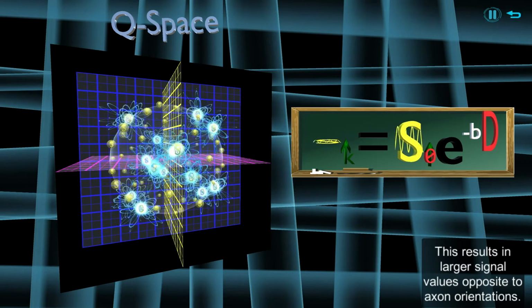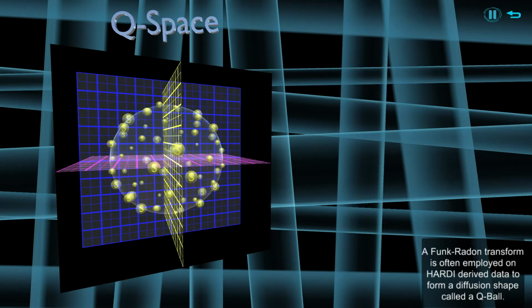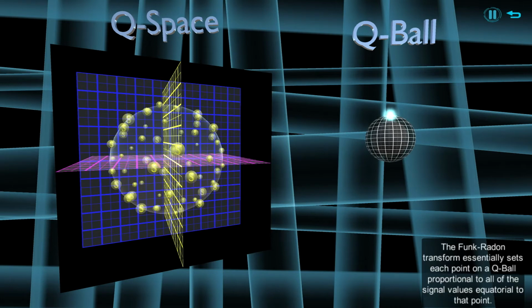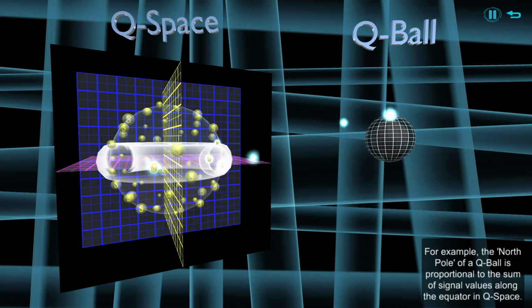A Funk-Radon transform is often employed on HARDI-derived data to form a diffusion shape called a cue-ball. The Funk-Radon transform essentially sets each point on a cue-ball proportional to all of the signal values equatorial to that point. For example, the north pole of a cue-ball is proportional to the sum of signal values along the equator